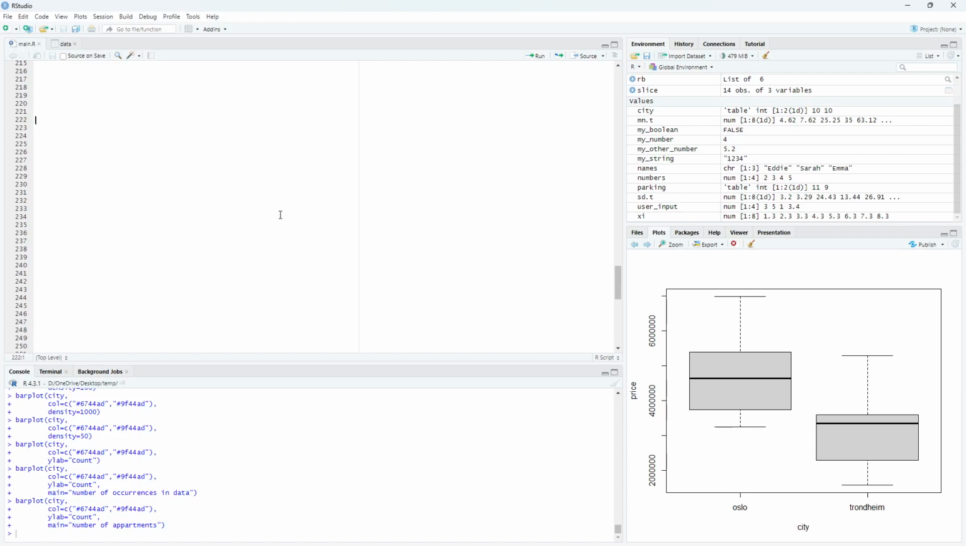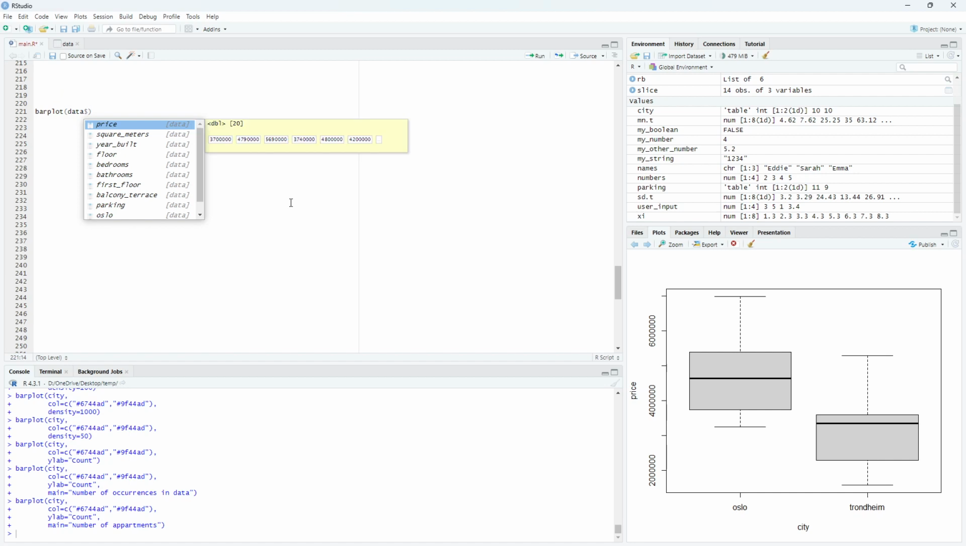The next plot we are going to look into is the humble bar plot, where you have, for example, counts on the y-axis and different categories on the x-axis. So here we can use the barplot function, but if you are just